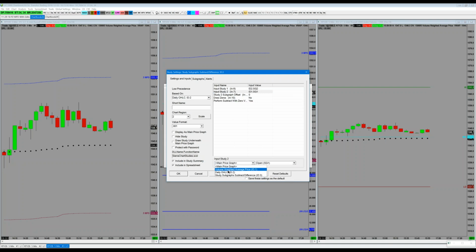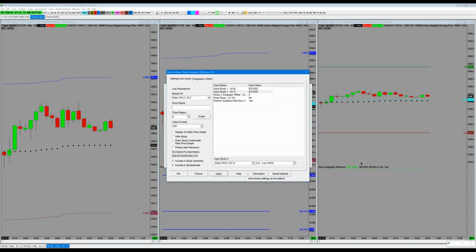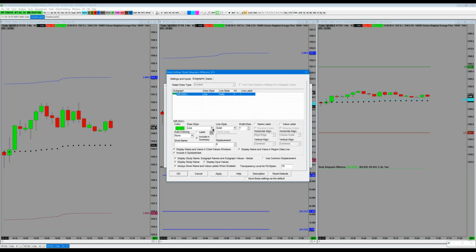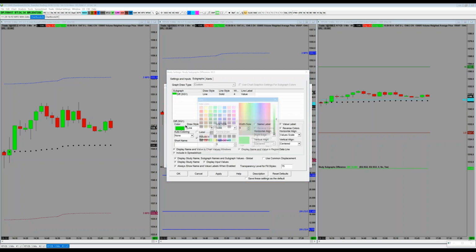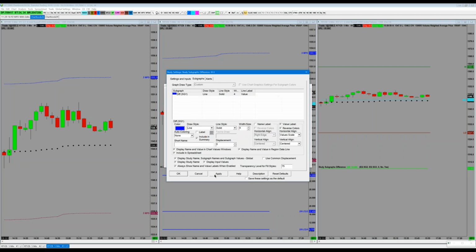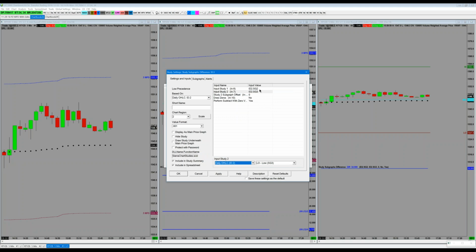And then daily open, high, low, close. We're going to do the low, and we're going to put this in region 2. It's giving us a line, but there's really not much that's telling us about the line, because we haven't formatted it at all. Let me thicken the line up a little bit and put a value. 34.9, kind of like what we saw in the middle chart. So there's our range for the day. All we had to do was do study subgraphs difference, and then in the settings and inputs, pick the correct inputs, the high minus the low.